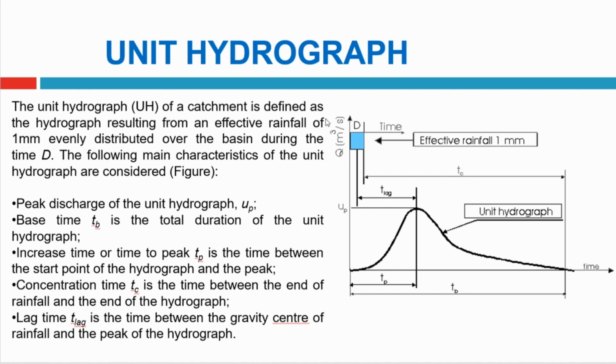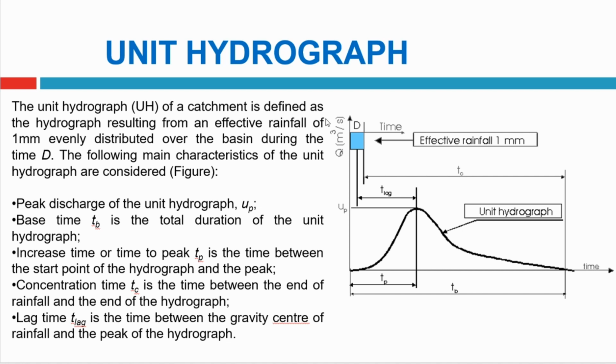So lag time is basically a defining moment. If you find the maximum discharge at any time t, you would like to find out how much is the time from the maximum rainfall to the maximum discharge in the stream. So we need to define that period, the period where you can see the maximum discharge because of the maximum rainfall that has happened at any given time. So this is called T lag.